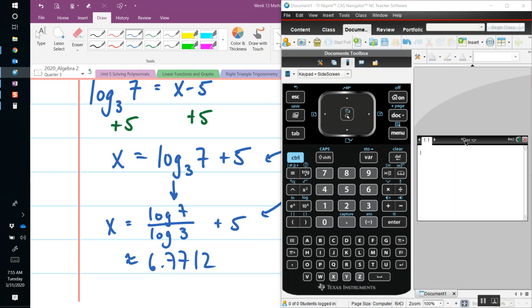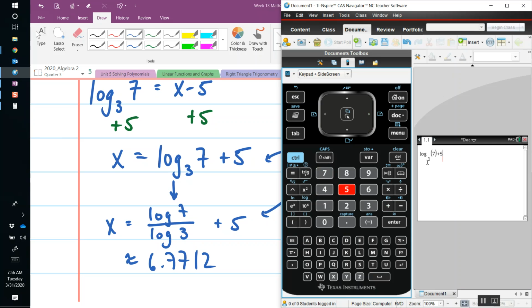Now that my calculator over here is started up, I'm going to enter this expression as we had originally written it and see if we get the same result. So I'll have to press the control key, then this key. This brings up our logarithm, and sorry for that being so small. Let's see if we can make that. No, there's no way I can make that any bigger. I'll zoom in just a second. Log base 3 of 7